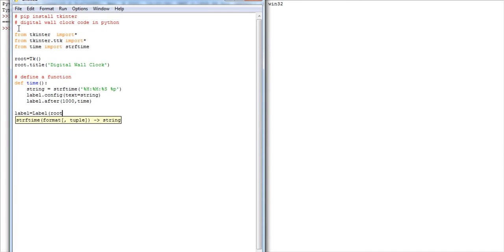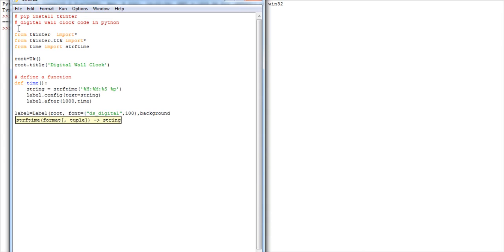Now root, then font is equal to default font, DS-Digital, and size over here, then comma,